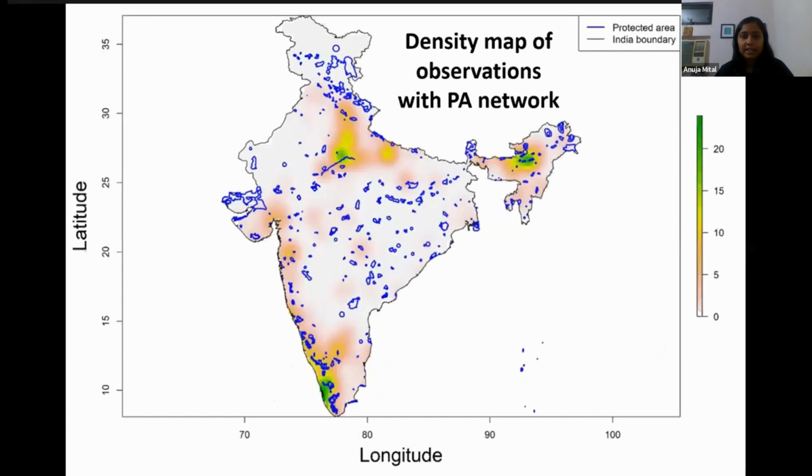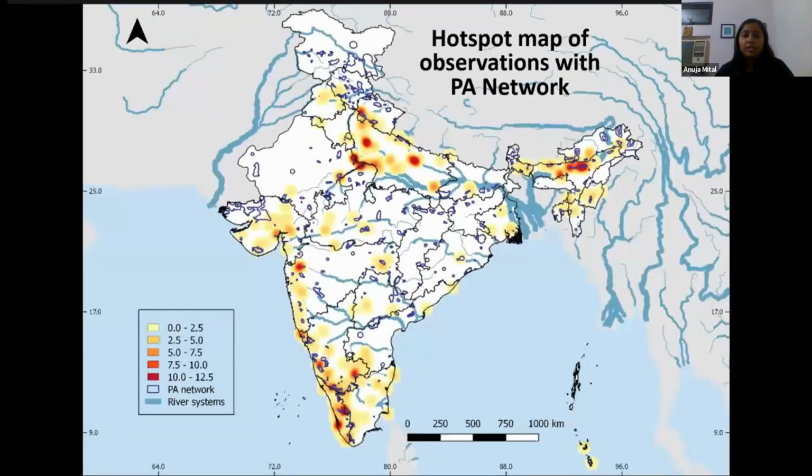and we did density analysis to look at the spatial arrangement. We overlaid this with a protected area network to get a better understanding of how many species are actually limited to protected areas. And in the future, there's a lot more we can do with this. We can relate this density to underlying covariates like time, land use patterns, and even possibly predict areas of high turtle density. I then also did hotspot mapping and cluster analysis, which I overlaid with the major river systems of